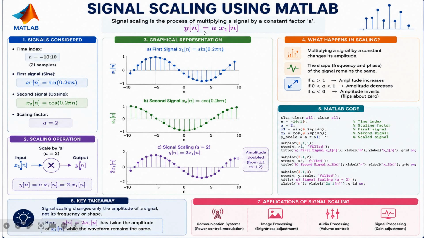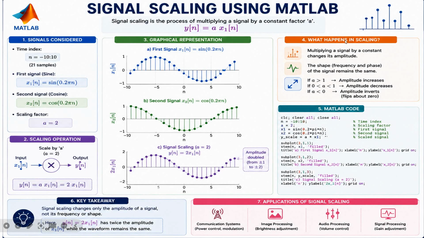Now this is the graphical representation you get. This is for the first signal x1 of n. This is for the second signal. This is the sine waveform. This is the cosine waveform. And this is the amplified, that is the scaled version of the first signal, x1 of n. So here the amplitude is doubled from plus or minus 1 to plus or minus 2. You can see here amplitude is plus 1 and minus 1, whereas in the scaled version it is plus